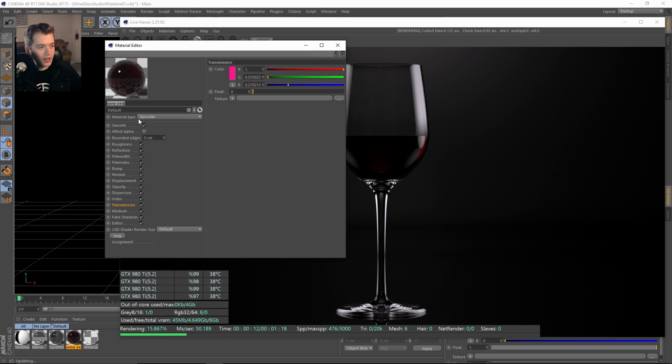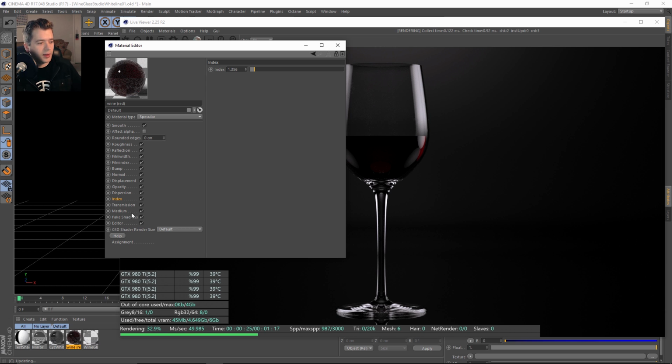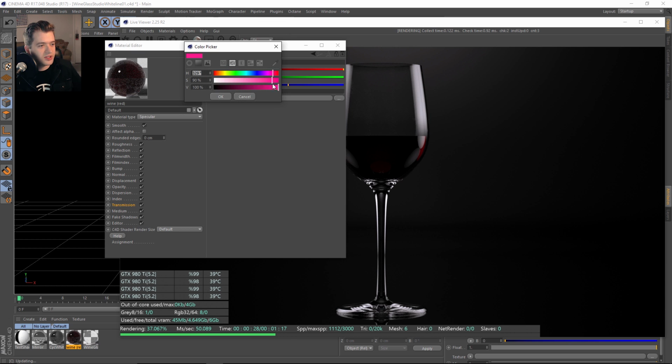I'll talk about the shader for a moment here. You can see there's no roughness, it's reflective. All this is pretty basic until you get down to the index. I believe this is the index for most alcohol. And then for the transmission, I use this pinkish, purplish, reddish color.